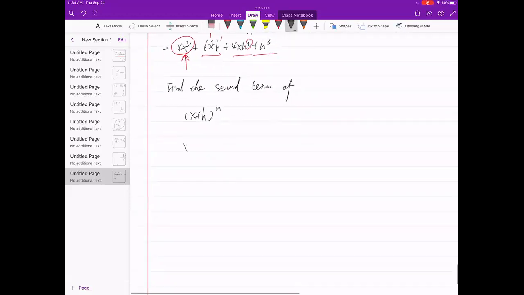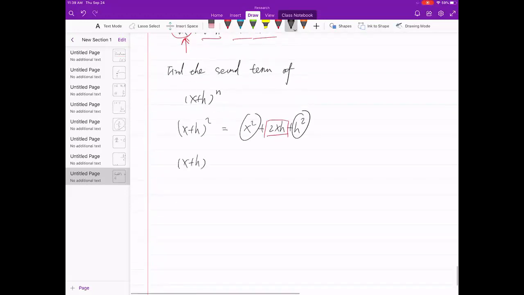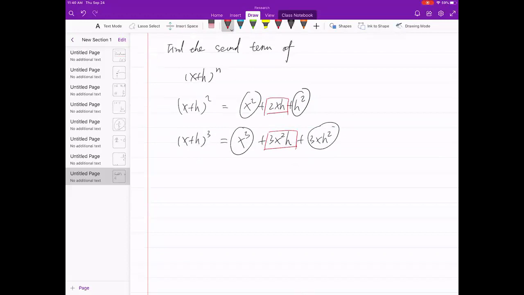Number one, if it's (x plus h) squared, I follow it. I know this one will be gone. I know this one will be gone. So I'm looking for this term. Cube. I know this one will be gone. I know everything after that will be gone. Therefore, I'm looking for this term. Okay, fourth, fifth. Now for n,